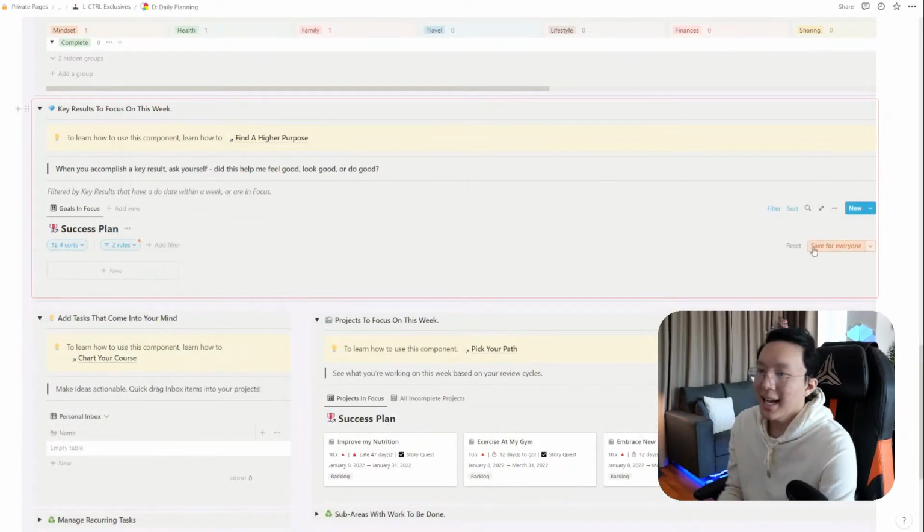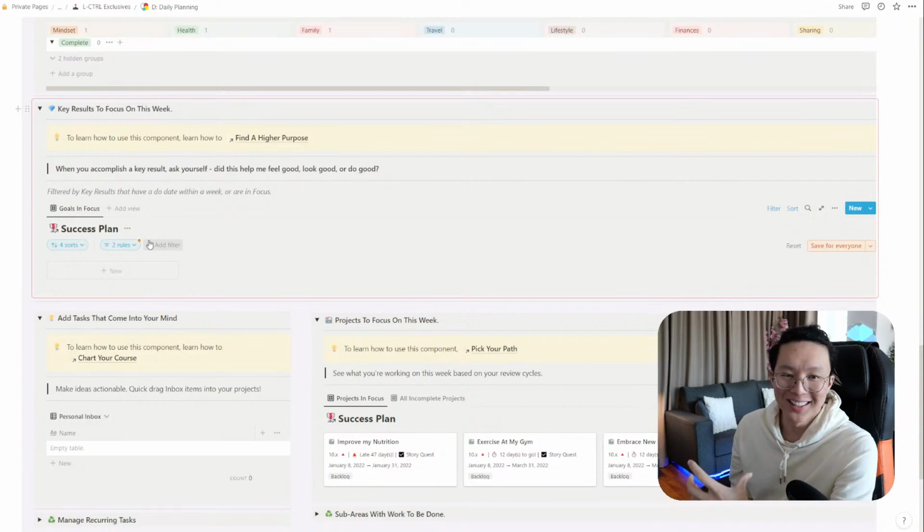And the thing is that it asks you, do you want to save for everyone? Because if someone else comes on this dashboard, they don't have to see the exact same thing you see. They can go in and they can set their own collaborators to themselves, and they'll see their own exact use case in their scenario. I think that's beautiful because everyone actually has a different way of seeing their content, and this makes it super easy for people to see what they want to see and what they need to see